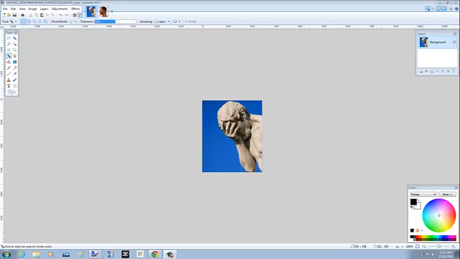So what we're going to do here is we're going to take out the blue background of this statue, and then with layers I'm going to replace the statue's head with something else. So let's get started. I'm going to jump right in. Now the first thing I want to do is take out the background. Okay, so what we're going to do is we're going to go here to the wand,